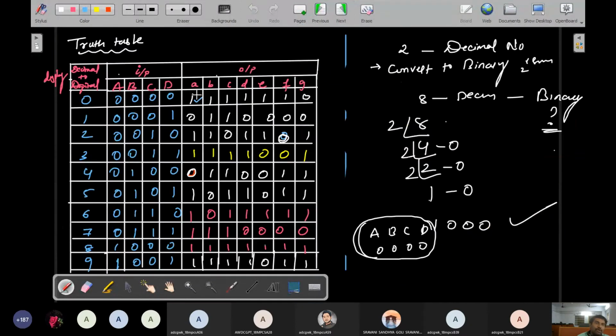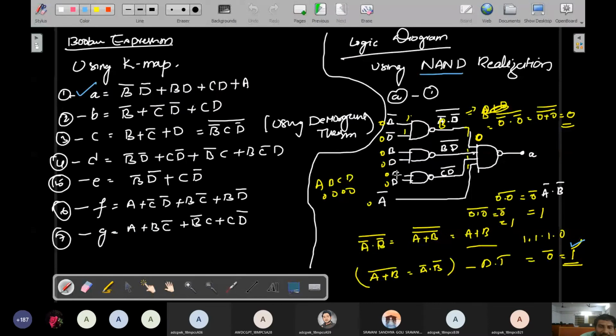Understand? So here output A is equal to 1, because in the A line I am using the digital circuit 0 0 0, all are 0. So that represents decimal 0. Okay, so due to decimal 0 it is equal to 1. Okay, if you consider the second case, similarly the second case 0 0 1, see I am applying 0 0 1.